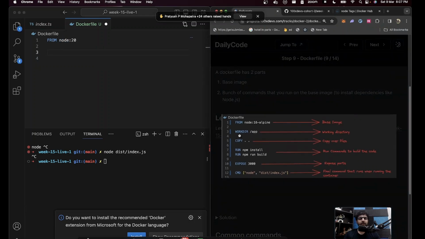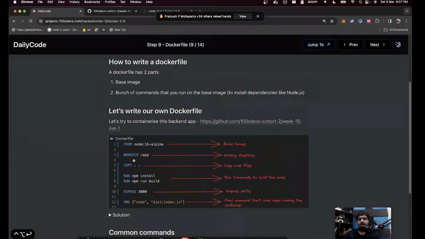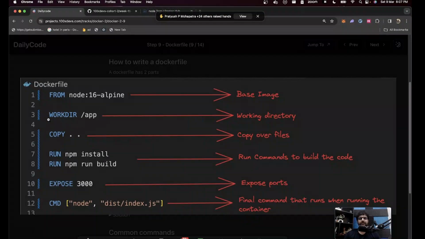Second step, one important thing you will see in every Docker file is something called the working directory. This means, okay, you are going to run a bunch of commands after this. Where should we run these commands? That's what workdir means. Which means this is going to be your working directory for all the commands that are going to come. Before we do them, we tell the Docker runtime, okay, this is your working directory. Please run all the commands that I'm running in this working directory.